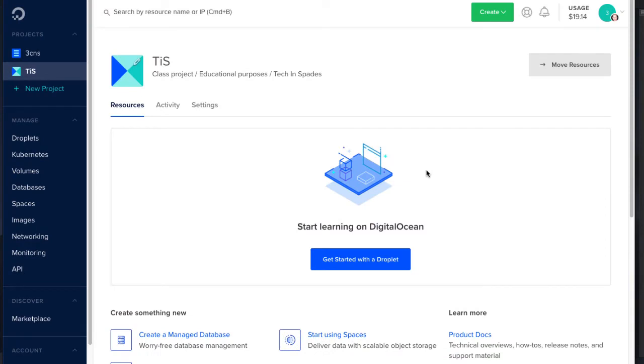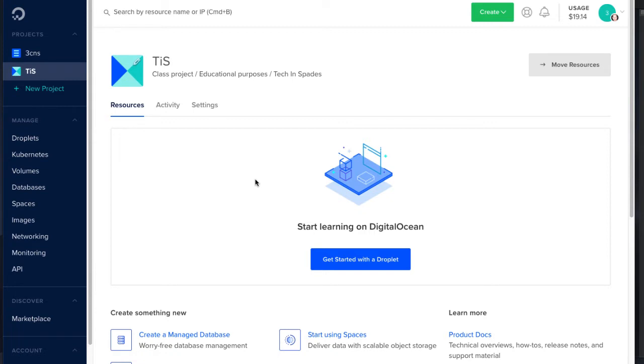All right, people, I'm going to show you how to set up a server, a virtual server in the DigitalOcean platform. After you've created your DigitalOcean account, you'll see a page similar to this. I have a little bit of differences in mind because I have a personal and a business account. And then in my business side, I have different projects. So I've created a Tech and Spade project, and we're going to develop all our walkthroughs and tutorials in this